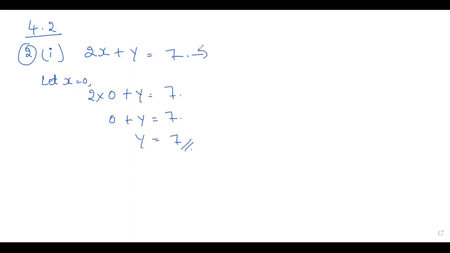Or in the beginning itself, you can write the equation for y. I will write y as it is in the left. You have 7 in the right hand side as it is, and shift this plus 2x, it becomes minus 2x. Okay, children. So now you can give values for the x.